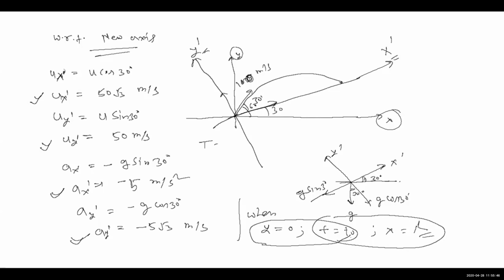Make the formula for time of flight. Make the formula for R. Make the formula for Hmax. This time Hmax will be calculated with respect to the Planck. Make the formula, so basically derive. The purpose is not to remember these formulas. The purpose is to go through that, to become proficient in this calculation by changing the axis system.